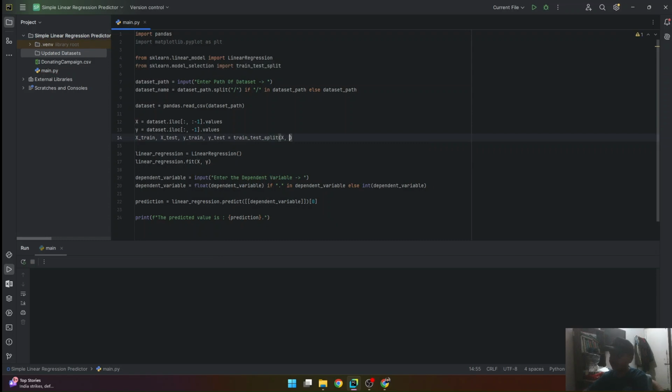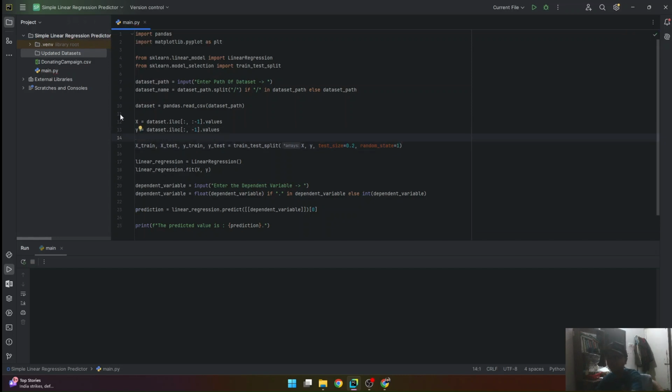We're going to provide X and y. Then we're going to say that the test size should be 0.2, that is 20% of the data set, and that the random state, which decides whether it takes the values randomly or not, we'll set to 1. It's your choice if you want it to be in the exact order or random.